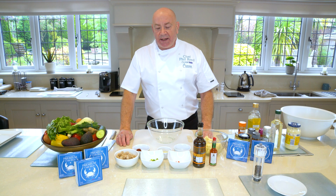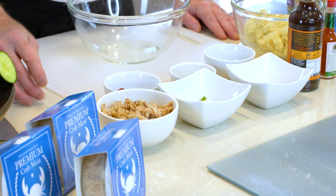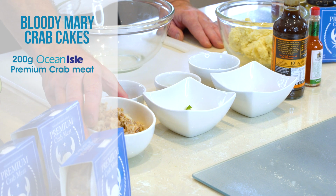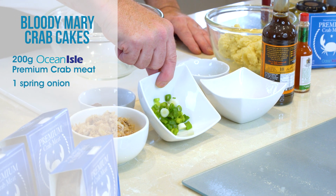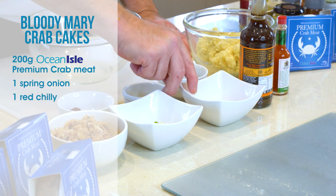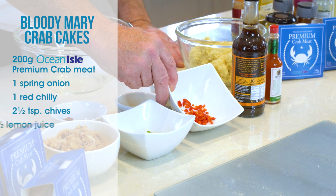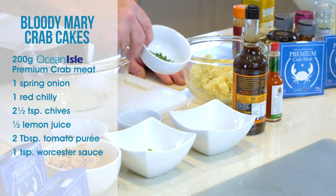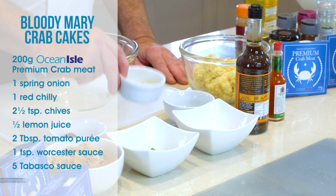I'm going to make a Bloody Mary crab cake. These are the ingredients. We've got the blue crab, 200 grams, some spring onions, just one will do, some red chilies without the seeds, a little bit of chives, just chopped nicely, half a lemon juice,